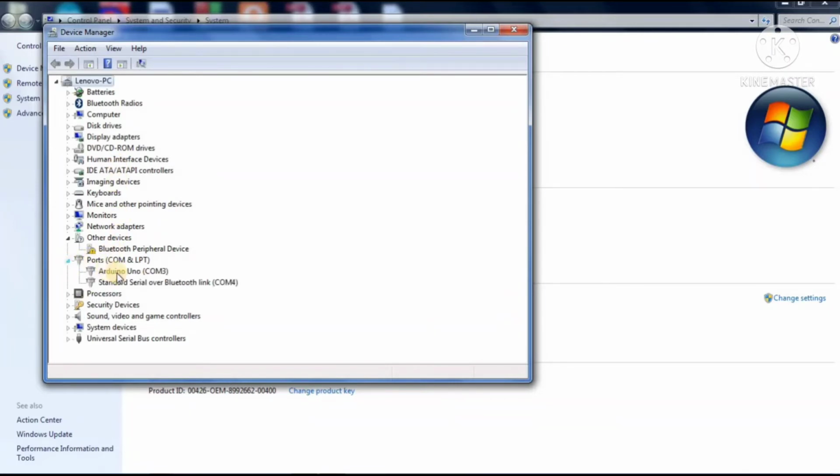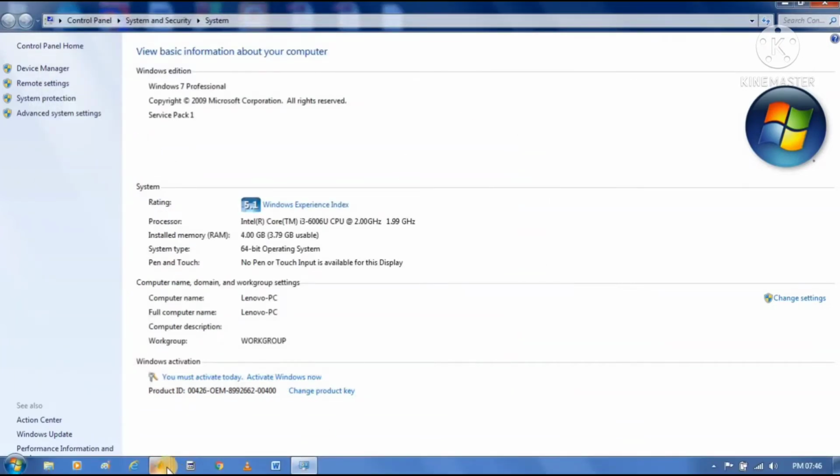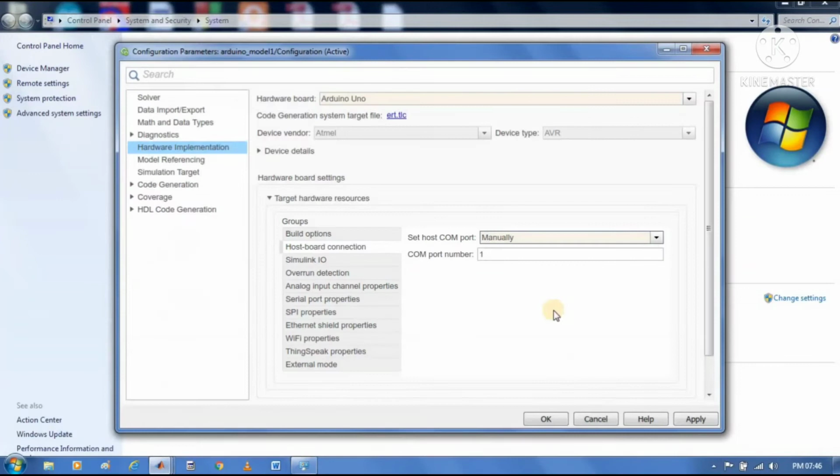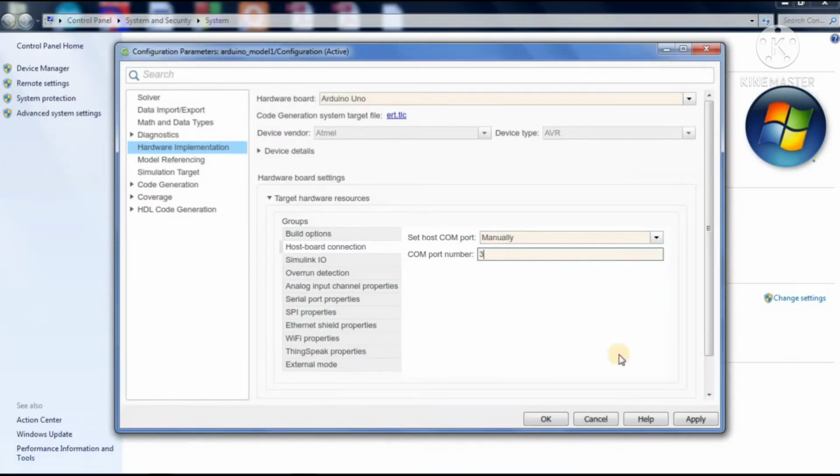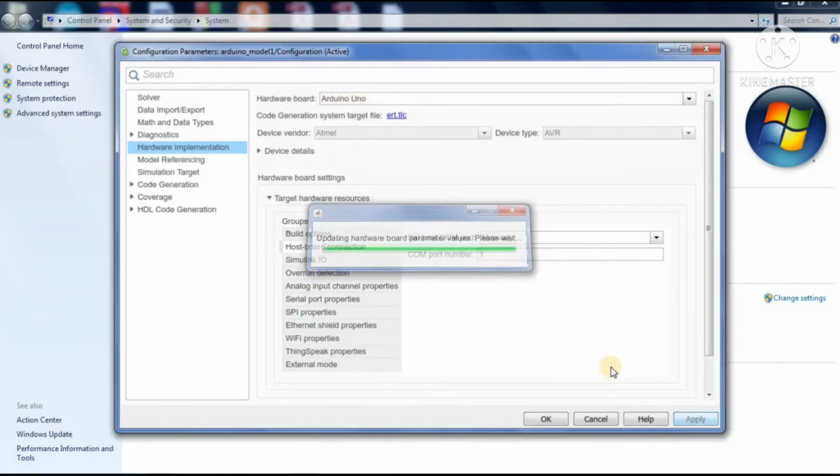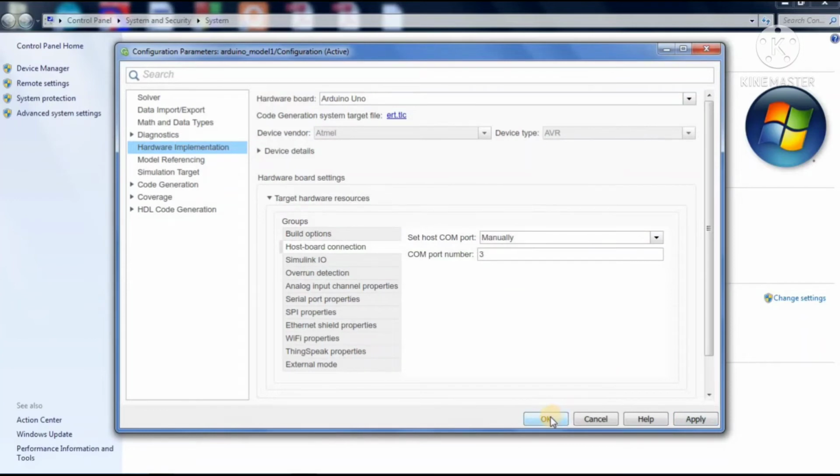In Ports, this is Arduino Uno COM3. So it is connected to COM3. Write 3 here, apply, and OK.